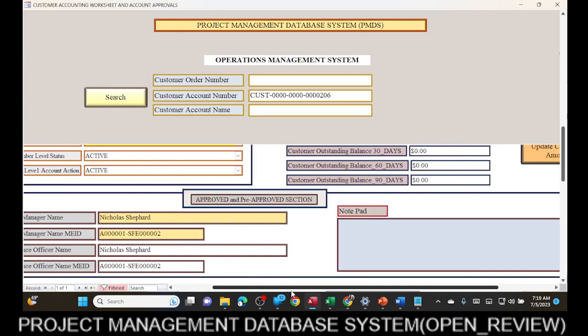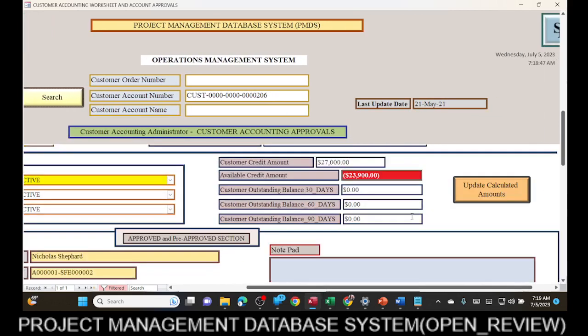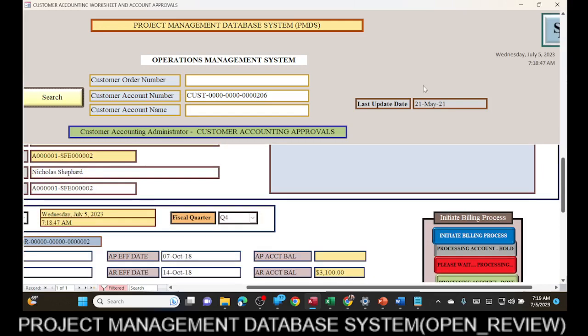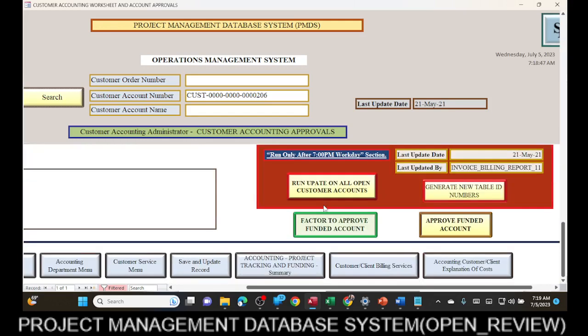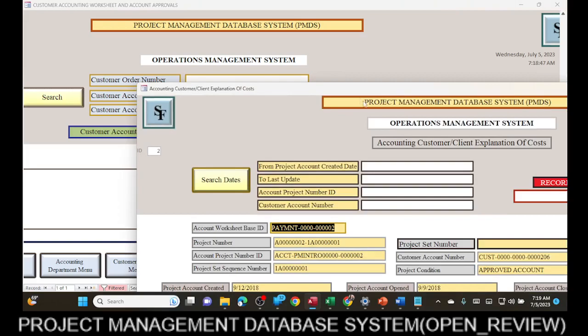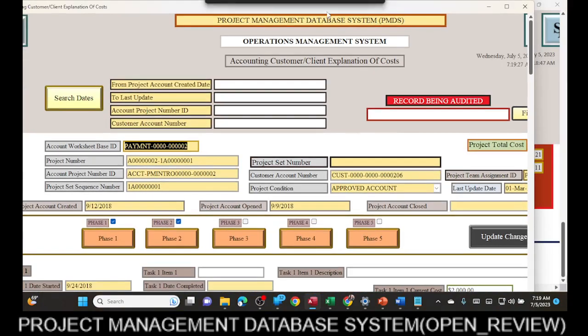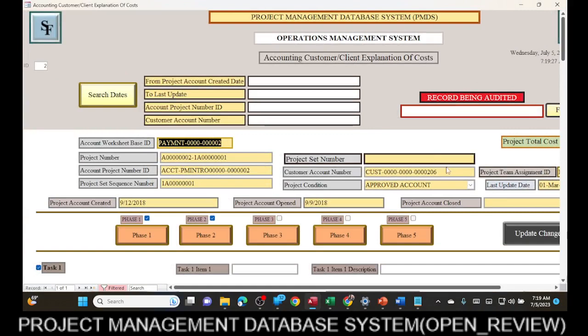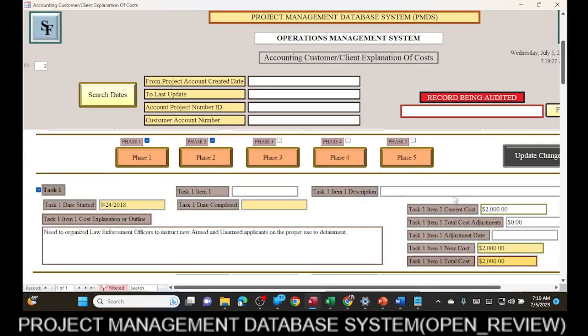Now, remind you, this is only test data. It's not actual data. And some of these buttons I have not put any information in because I want to do more calculations, update calculated amounts. Now, this is the thing that I wanted to run. Now, this information here is coming from this accounting customer client explanation of cost worksheet. So when I click this worksheet here, this is where the project manager or the person actually working with this client